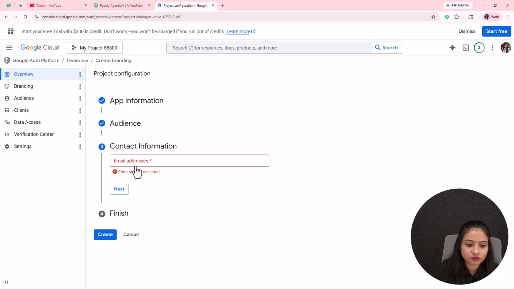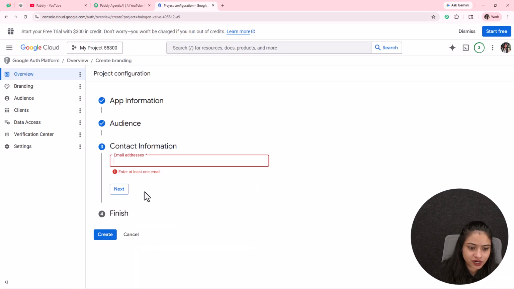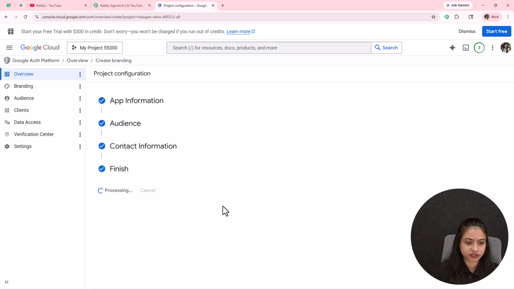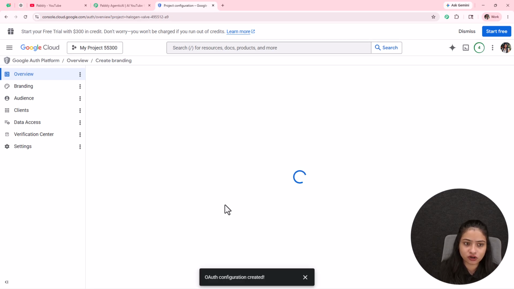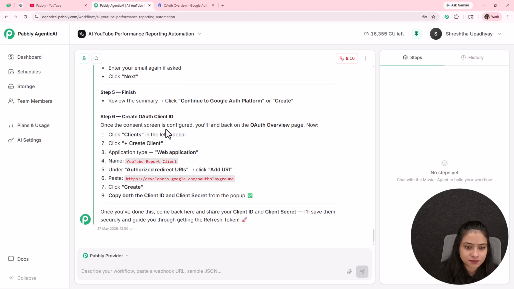For the contact information, it is asking us the email. So it is saying provide your email again, and then click on next. And then now we have to click on finish and continue. Let's click on create. So we have provided all the necessary information it was asking for. And now what we are supposed to do, after finishing all the earlier steps, now we are going to create